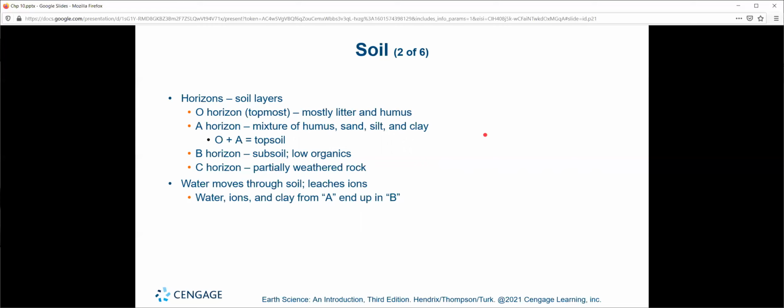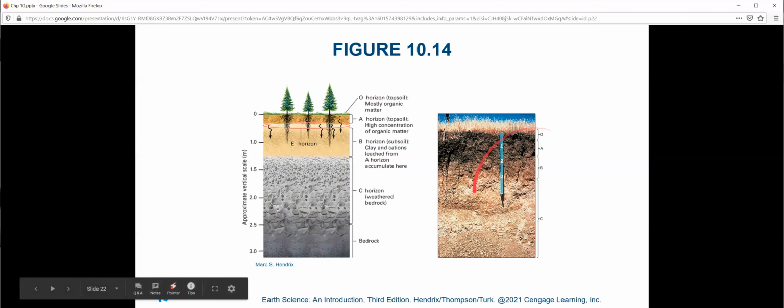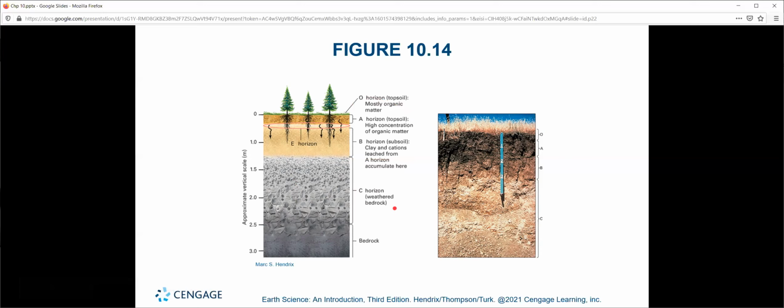Water, of course, falls through the soil, and water is mostly held in the O and the A, where it is absorbed and used, but it can fall through to the B, and then the C, eventually leading to groundwater at that point. Here are some images explaining what I was talking about. Here we have a cartoon on the left. Here we have an actual picture on the right, crazy as it is. And again, your topsoil is your black soil, and all the roots are held there. It's what you actually want and care about. Your topsoil is your good stuff, right?